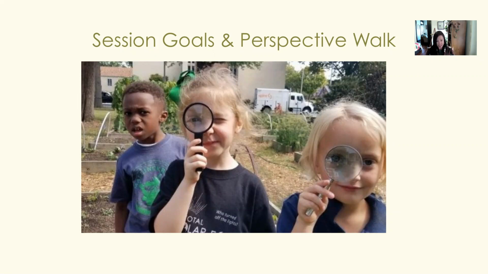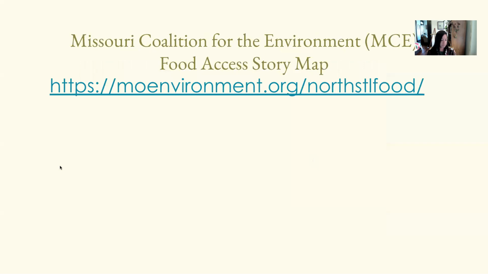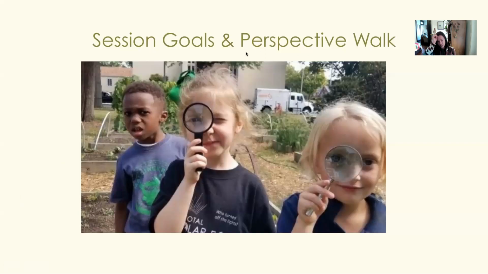When we think about politically in terms of the garden or food, we hear a lot about food justice. One thing you can do with your students is a perspective walk, and you can come up with your own set of questions. One thing you can do to introduce the concept of food justice is have students stand on one side and ask them to walk to the right side if they can relate to the question. You could start off by asking, do they currently live within walking distance to a grocery store? If they do, they can walk to the other side.